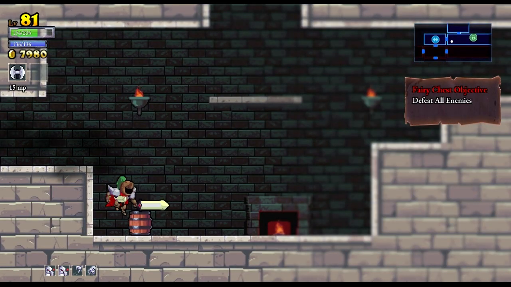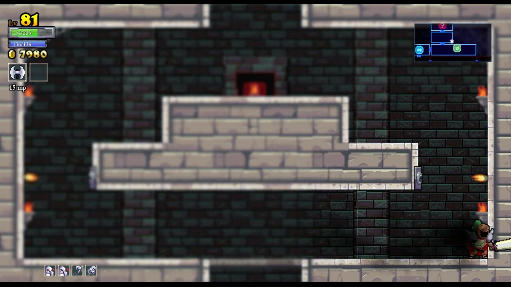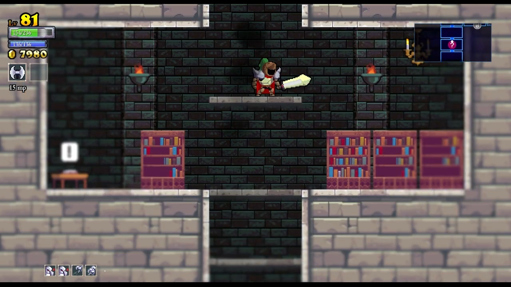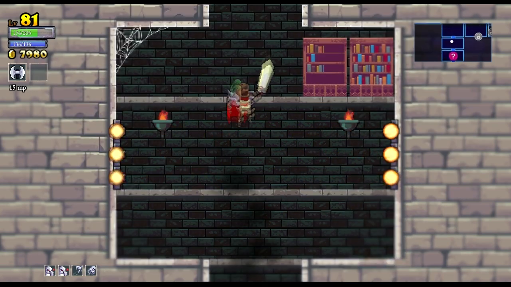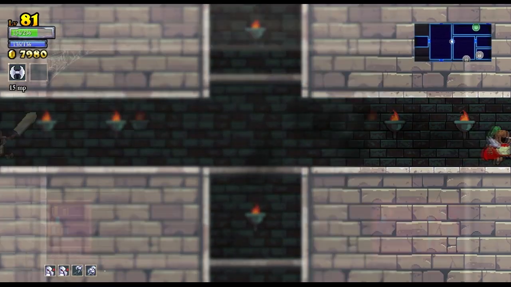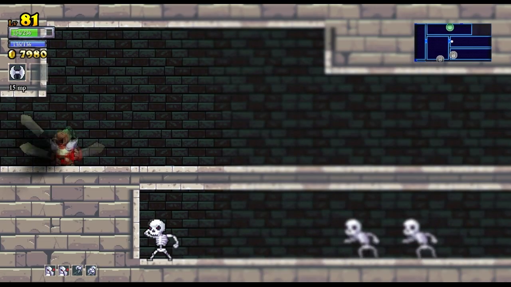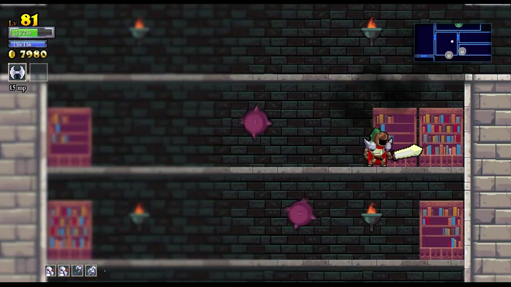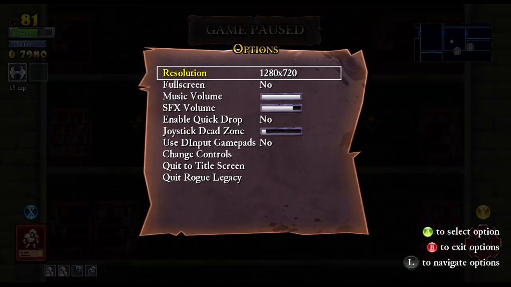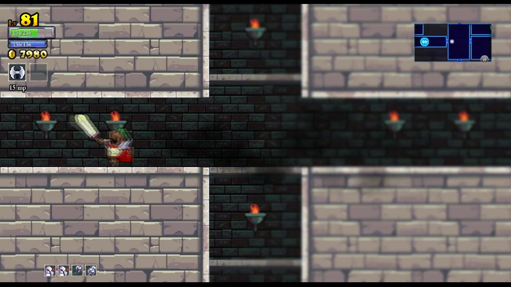Let me make sure that there's nothing left over here that I can slaughter. As right now, our health is not at the point that I would prefer it to be. Oop, wrong button. There we go. Alright, well, I suppose...